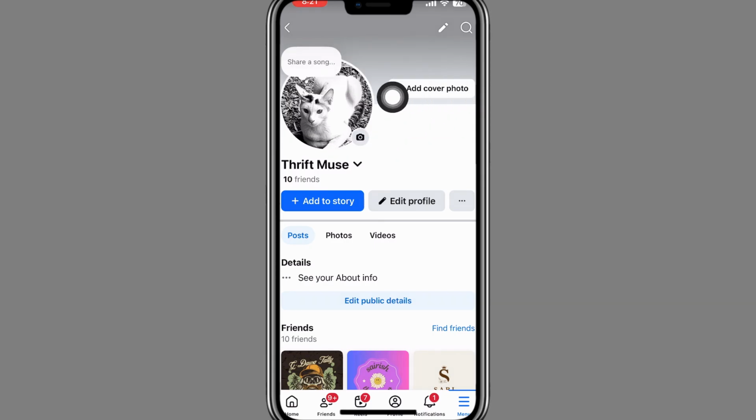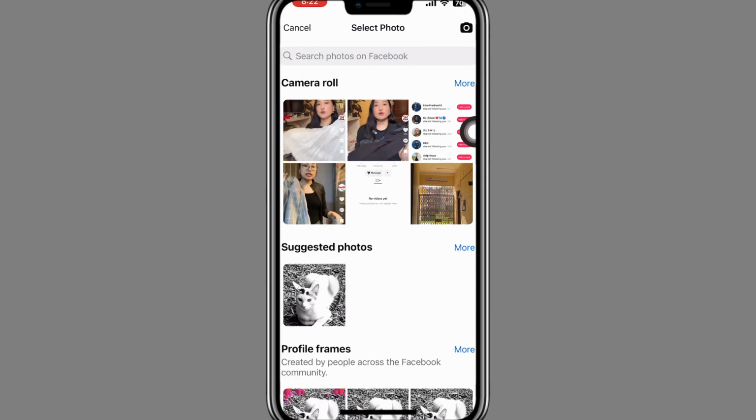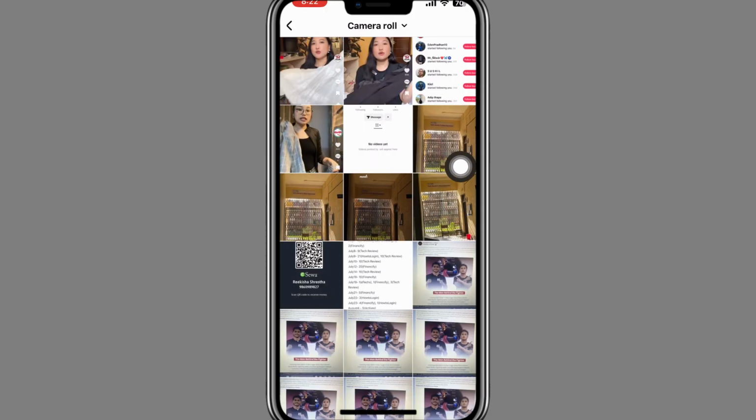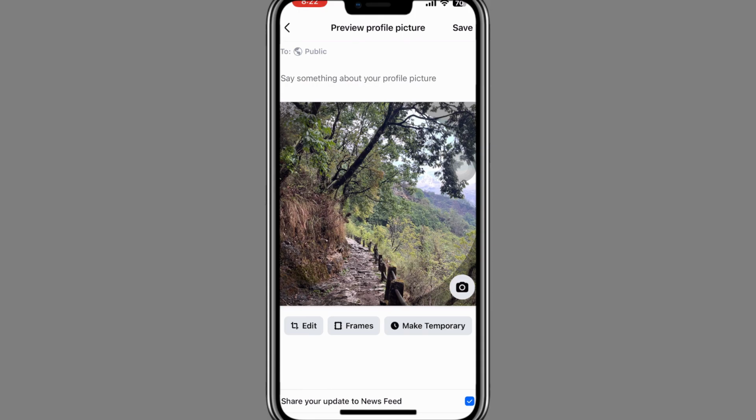All you need to do is tap on this camera icon right here. You can select your photos from the camera roll. Tap on more and select the photo from your camera roll. Once you select the photo, all you have to do is tap on this save right here at the top, and you can share your update to newsfeed, or you can also not choose to, like this. And once you're done, tap on save